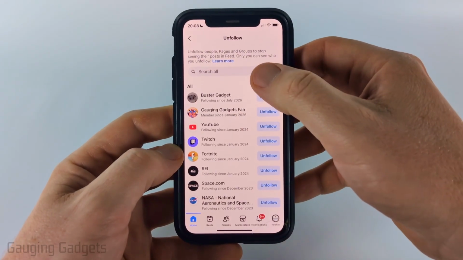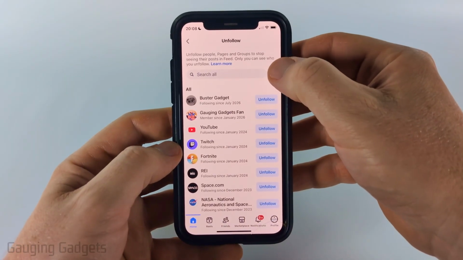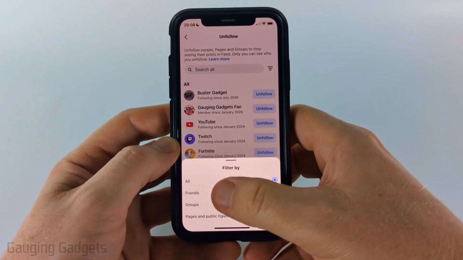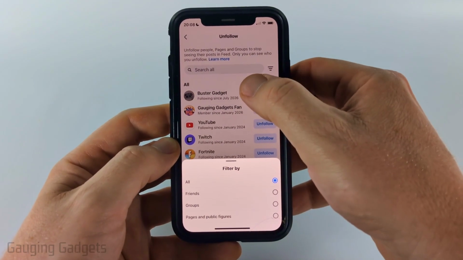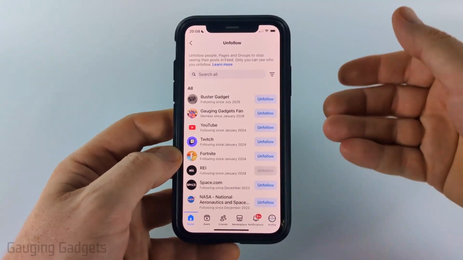So unfollow, in here, these are all the accounts, pages, and groups that you follow. You can filter by selecting the filter button, and you'll be able to filter by friends, groups, and pages and public figures. And if you want to unfollow anyone, just select Unfollow, and then they will no longer show up